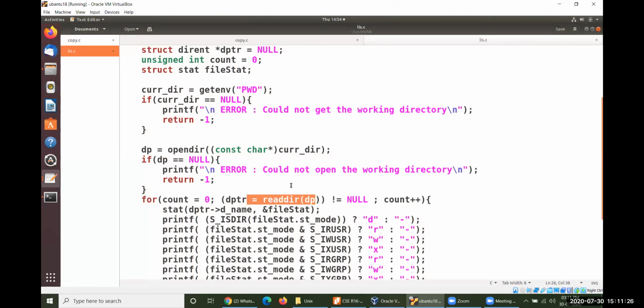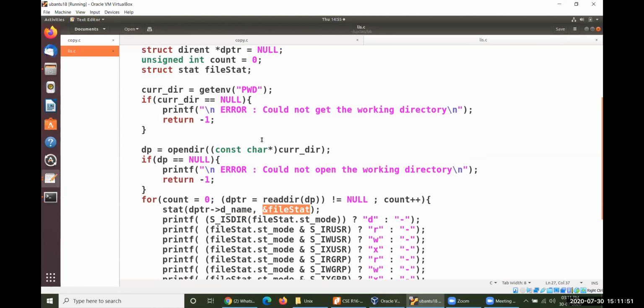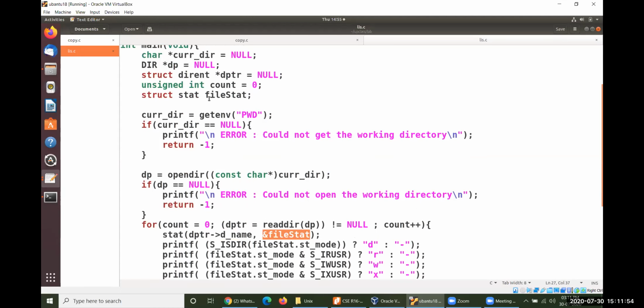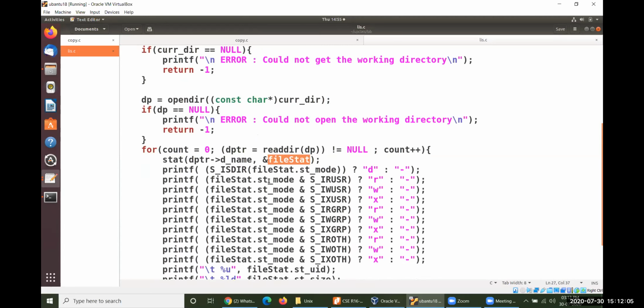Now, what exactly are we trying to do? Here dpr dot dname, in the sense, whatever the file name is, that is the structure actually. That structure has d underscore name as one of the parameters to get the file name. After getting this, you have to store your statistics in this particular filestat. Look at this. Filestat has been defined as a structure. So the complete statistics will get stored into filestat. Out of this, st underscore